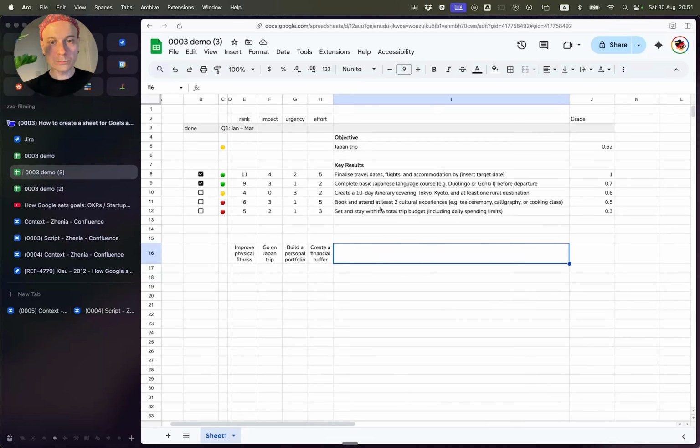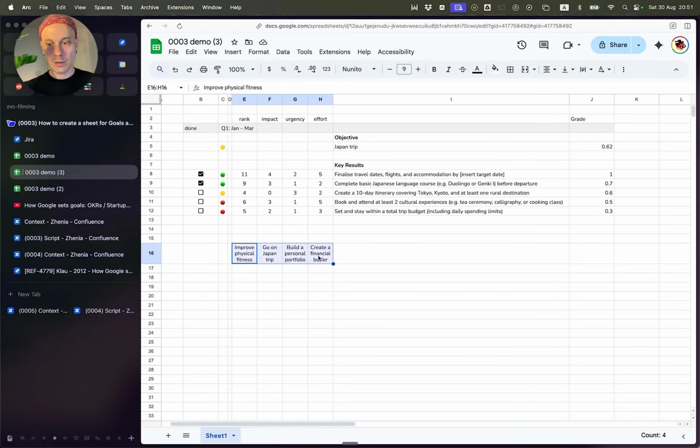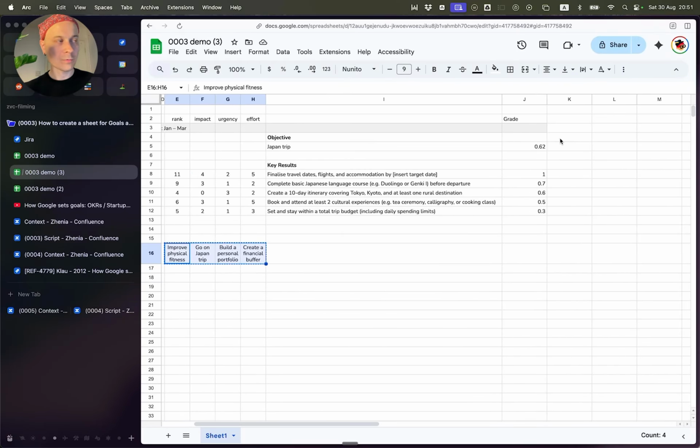However, each of them is obviously going to have up to 5 key results. So instead of placing them like this, I would propose you consider placing them instead